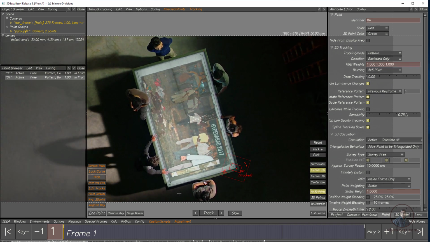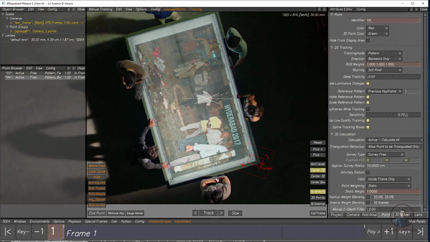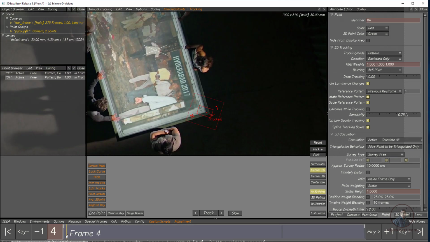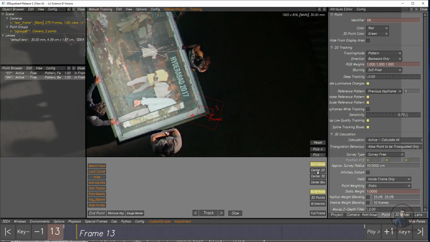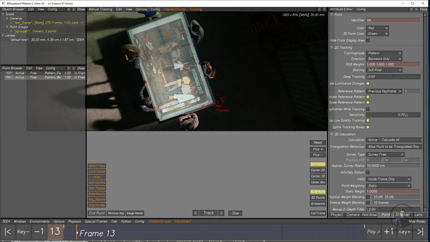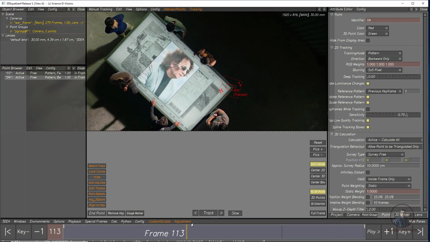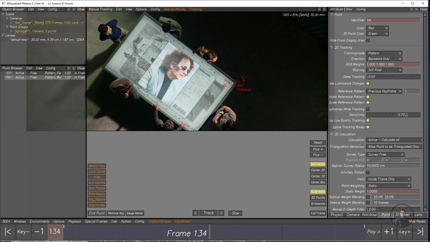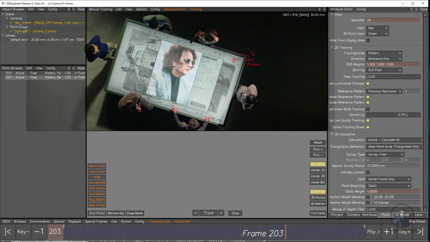Now I am going to track this point after this, because if you will notice here, now see, just come on this point. Now see, so just click on center 2D. After this again just switch off this one. Now easily you can focus here. Now here if you will see, this point after some time is going outside of our frame, and after this again it's coming inside. So now I am going to explain how you can track these types of points.